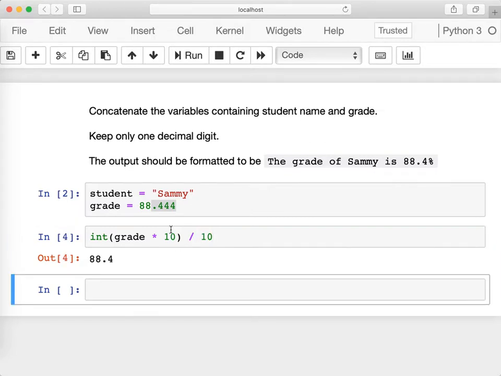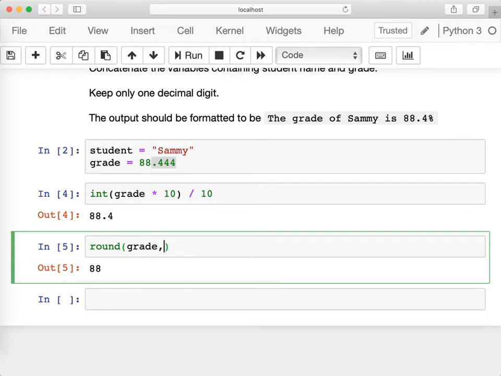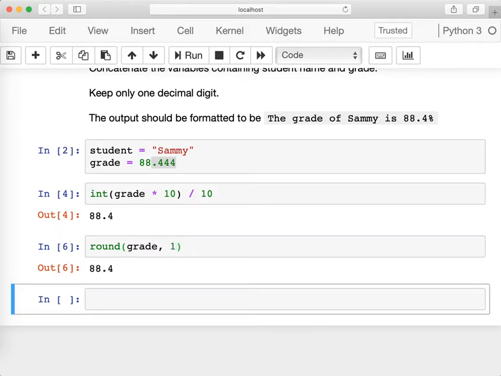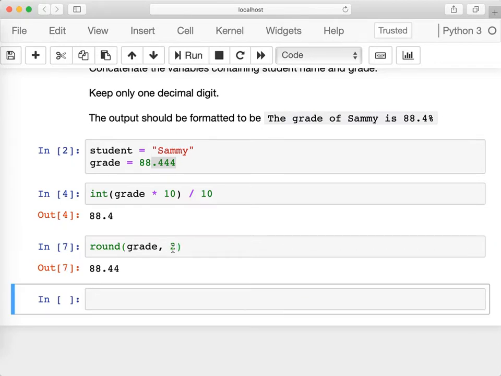Okay. This is not needed because indeed there is a function called round in Python, and the function round, as the name implies, rounds the number. By default, it rounds the number to integer, but this function can take an optional parameter, which is the decimal points to keep. If we want to keep one decimal point, we can do 1 here and we get 1, and 2 and we get 2. So we can use round here to round the grade to one decimal point,